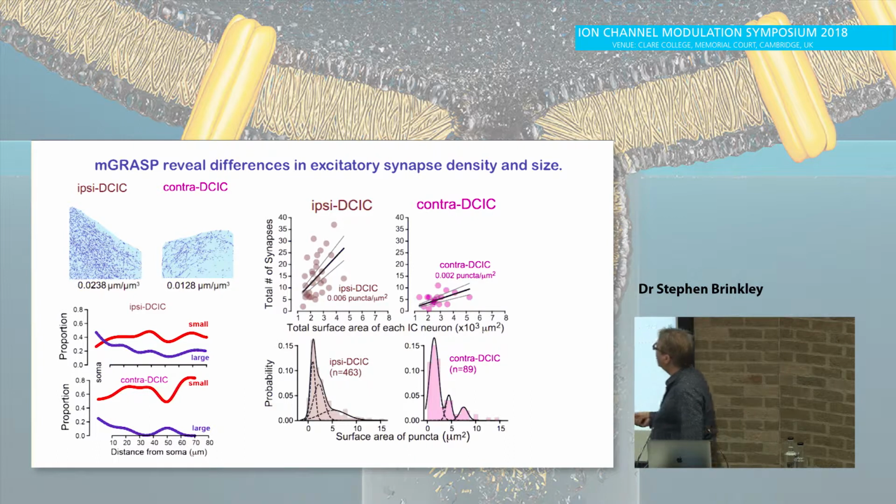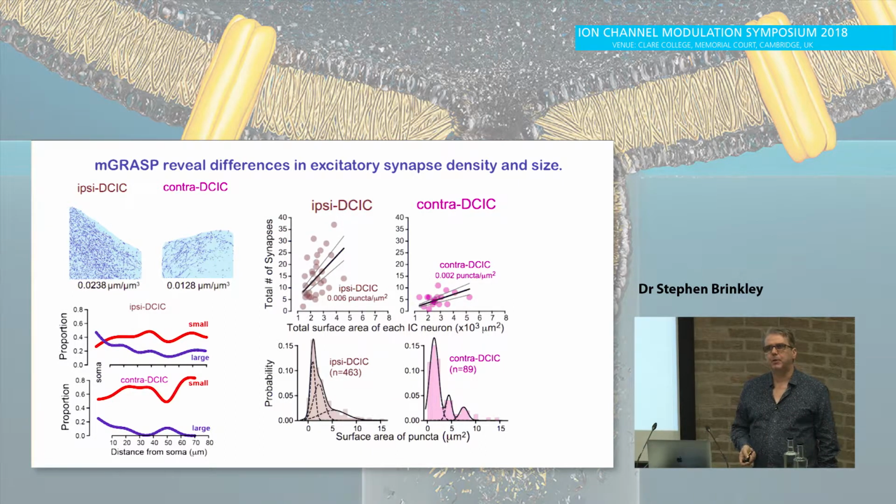This was looking at the surface area of the puncta. We then looked at their distribution, and I convinced myself over a few months that there were actually 3 peaks to that distribution. So we had to do quite a lot of thinking about how we bin the data and how we fit the data, and we decided there were 3 peaks. And we decided that the biggest component of the peak in the ipsi were these large synapses, whereas in the contra, the small synapses dominated.